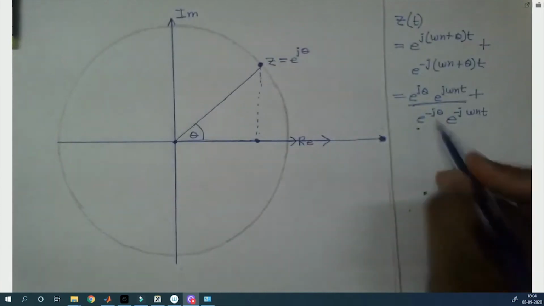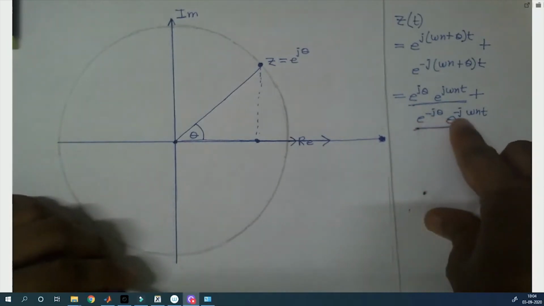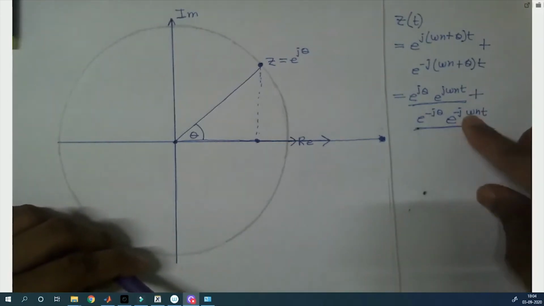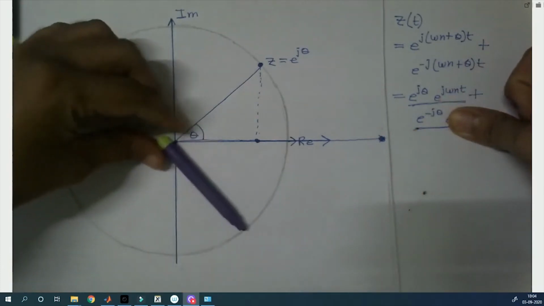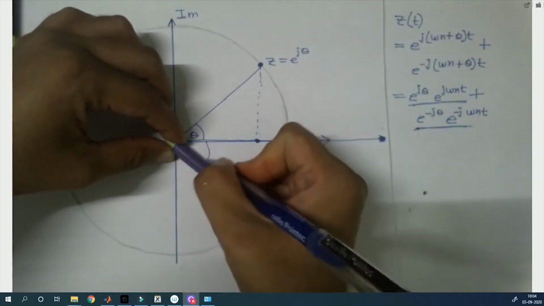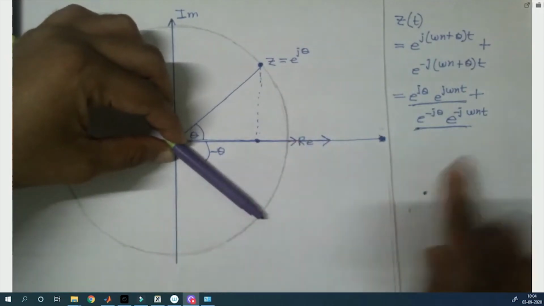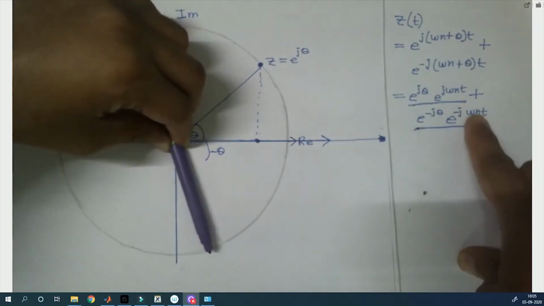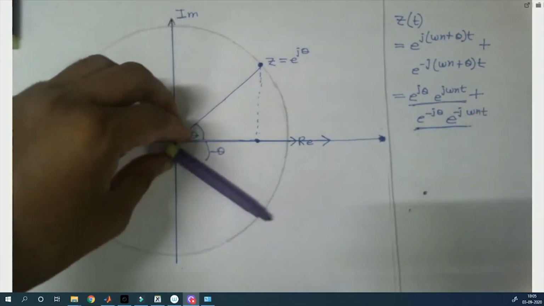Then the second part, e to the power minus j theta, e to the power minus j omega n t. This at t equal to 0 will be e to the power minus j theta. So that will represent a point somewhere here at an angle of minus theta, and then it will move as time increases in the clockwise direction with angular velocity of omega n. So therefore